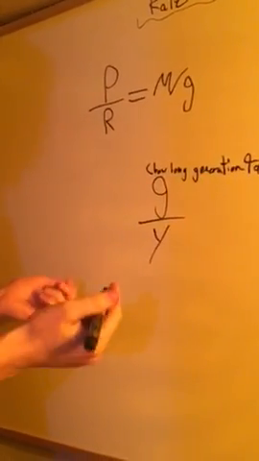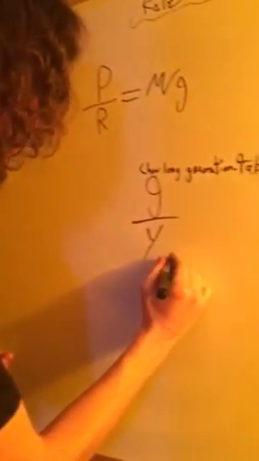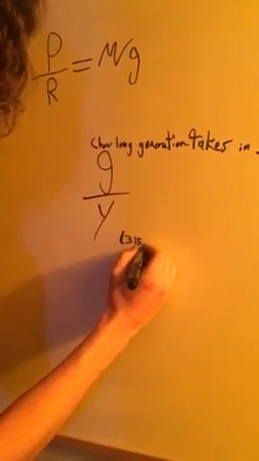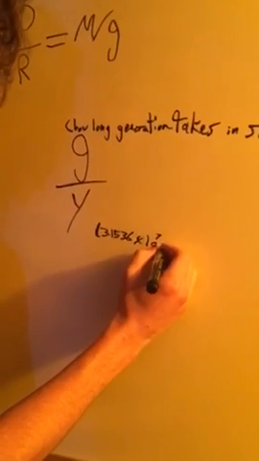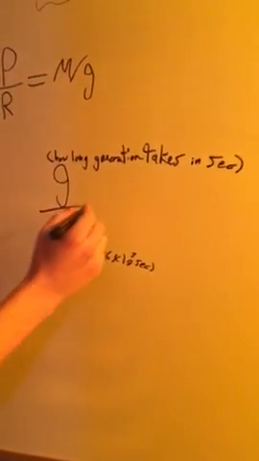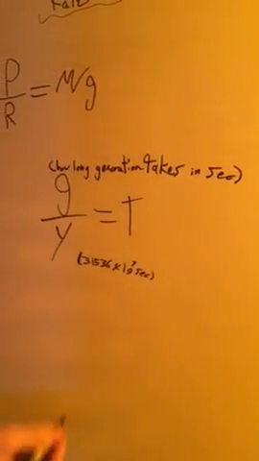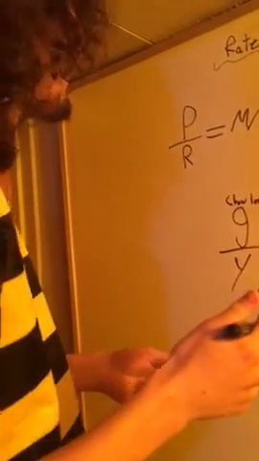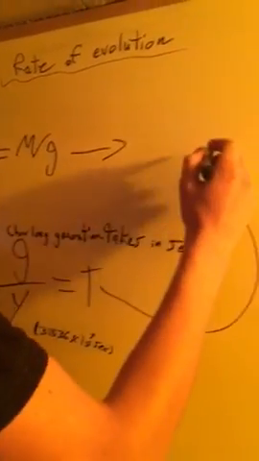For viruses and stuff, I would think a year would be more than enough to get a fairly accurate piece of data, which is 3.1536 times 10 to the 7th seconds in a year. And that's going to give you, let's just call it T, which is basically how many generations occur in any given year. So now when you take both of these and put them together, you're going to have